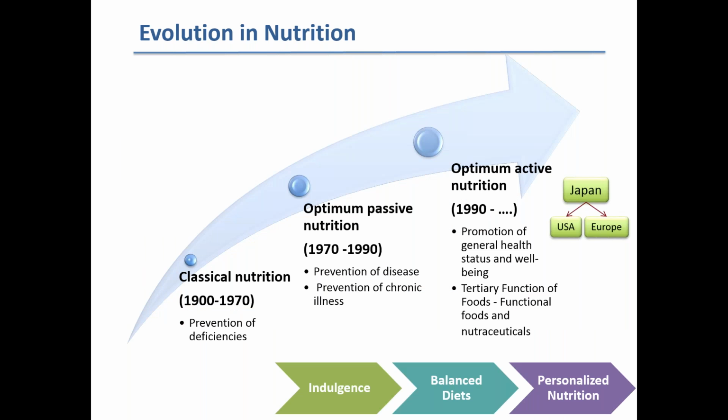So just very briefly, how does this evolution in nutrition stand by product development? Well, we do start off with a classical nutrition aspect at the beginning of the last century, where product development was actually targeting prevention of deficiencies, of nutritional deficiencies. And when we reach the 70s and the 80s, we go into an optimum. Well,